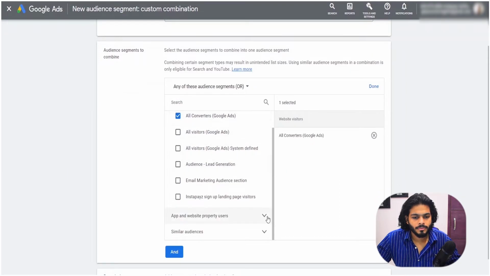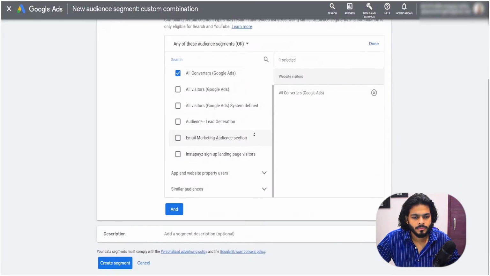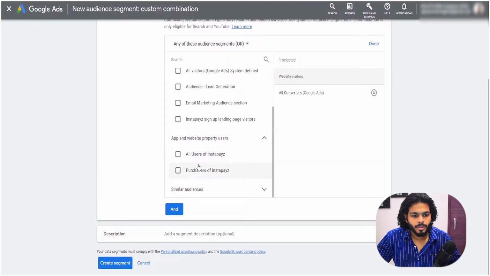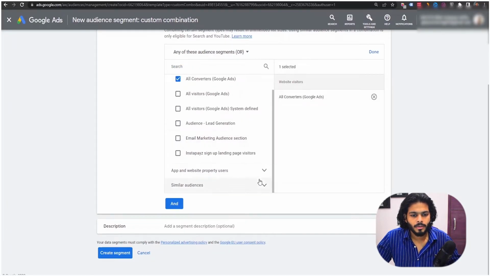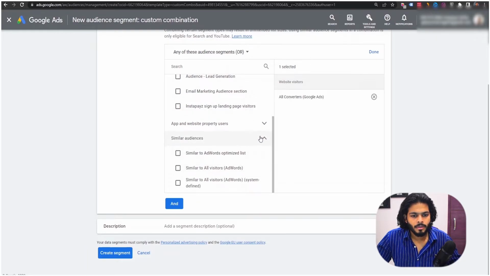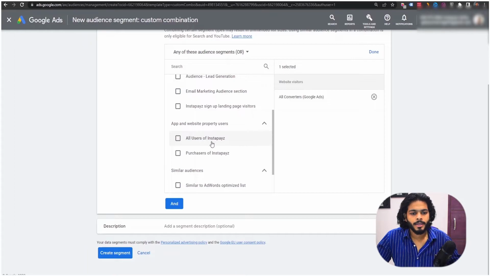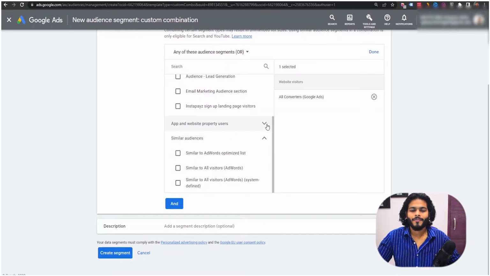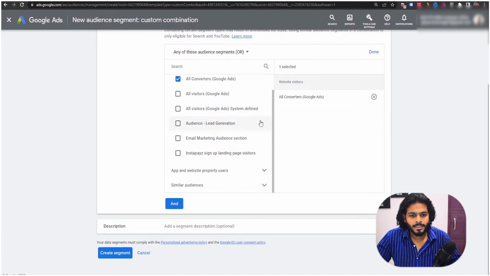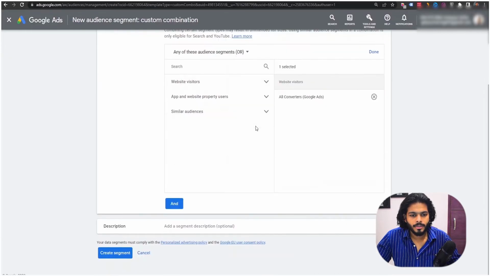All visitors, then you can choose any of these, and when you are connected, you can choose any of the app and website properties if you have added them over here. And when you're done with this, the last thing I'll show you is